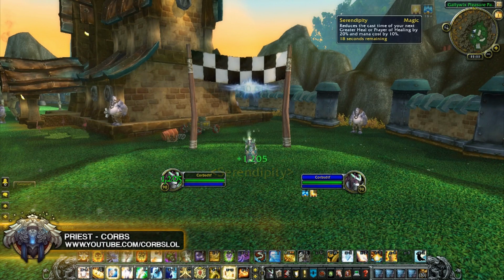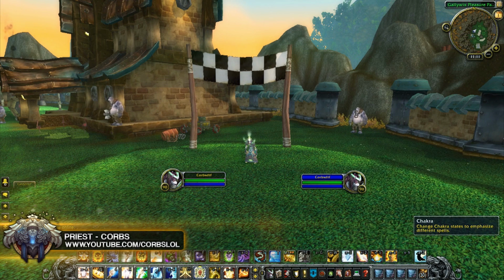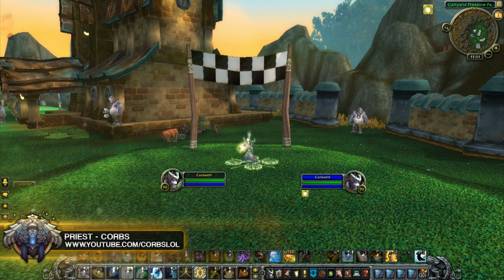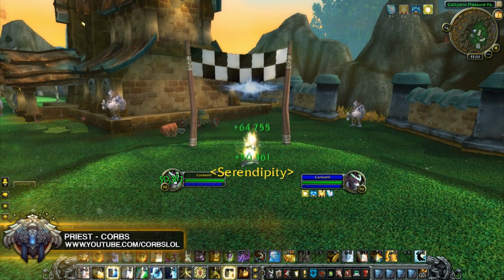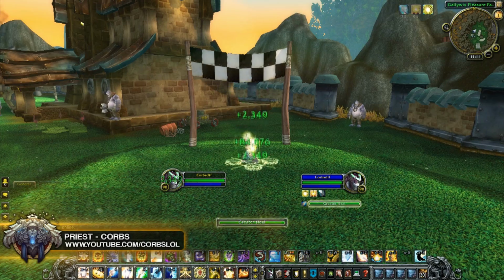In this upcoming patch, priests have a couple minor tweaks coming their way. The first is 25% increased healing on Chakra Serenity, up from the 15%. You can see this change my 50k Flash Heal into a 65k followed by a 50k Holy Word Serenity. With this being as weak as it is, we could see some Holy Priest coming out for the time being